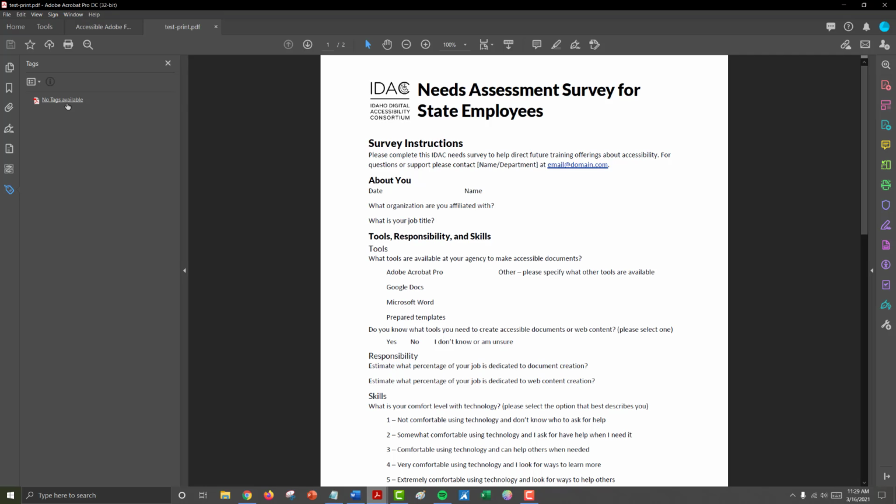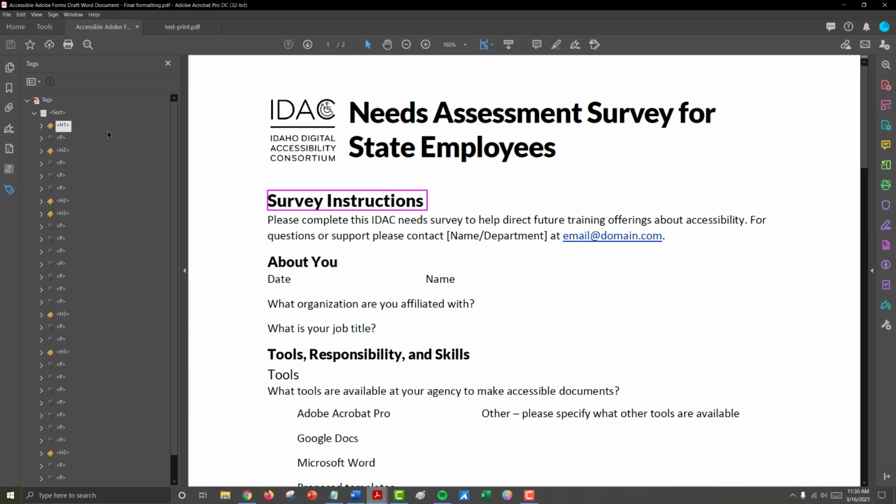So printing as PDF doesn't preserve any of the work that I did in Microsoft Word, and now I'm going to have to tag this document using Adobe, whereas if I save as PDF, all that work that I did with those styles comes over and I don't have to do a whole lot extra to make this document an accessible PDF. So definitely save as PDF. Do not print as PDF.